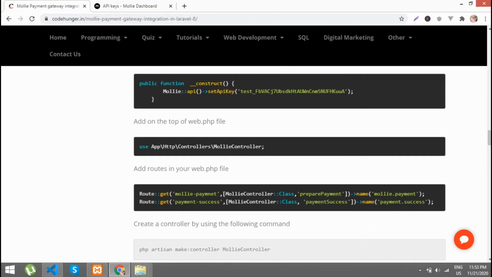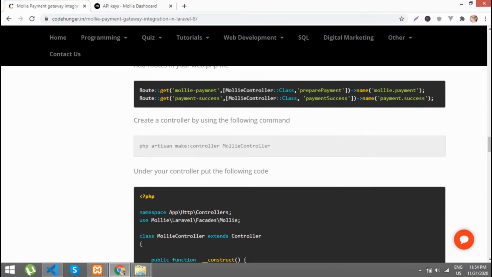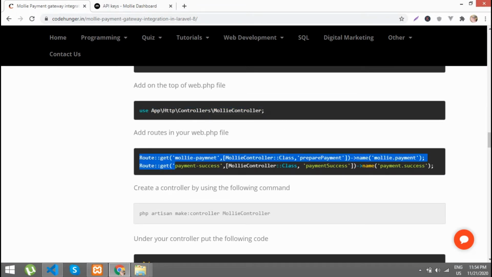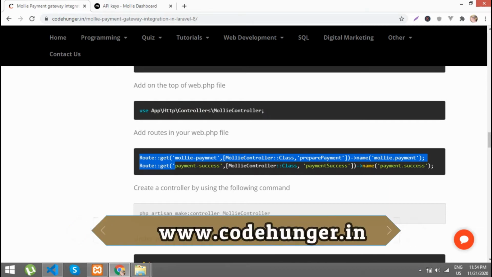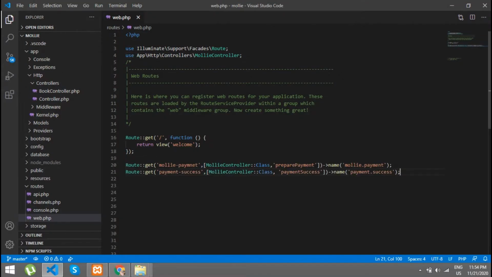The other thing is we have to add the controller path on the top of the route, in the web.php right here, and then we have to add these two routes also. Paste it in your web.php file. Just correct it, payment is a spelling mistake.